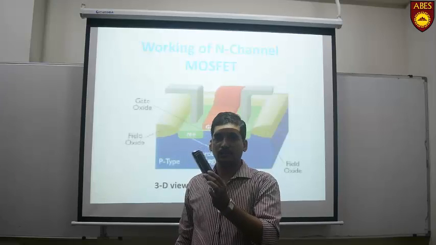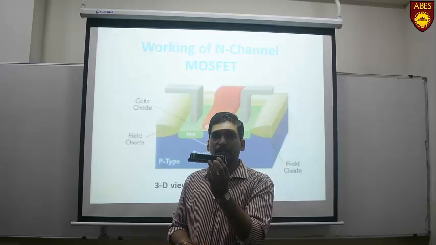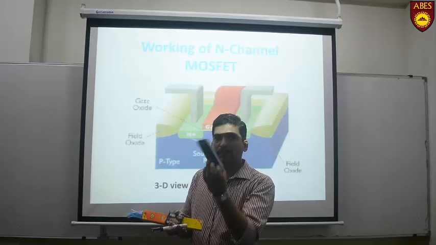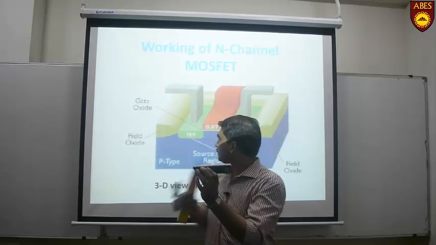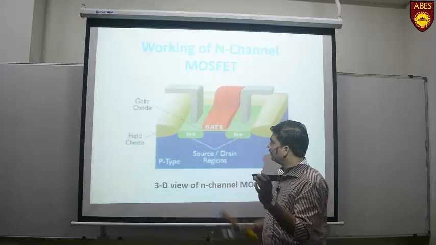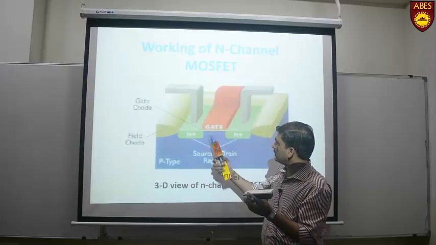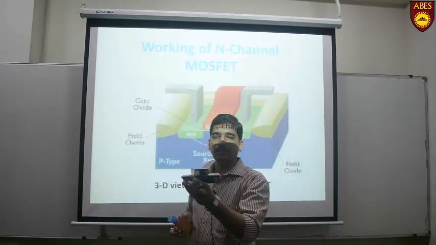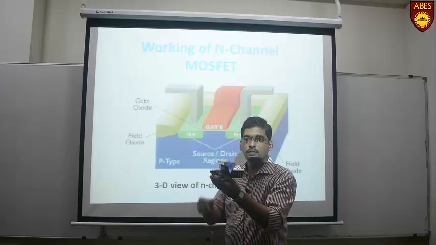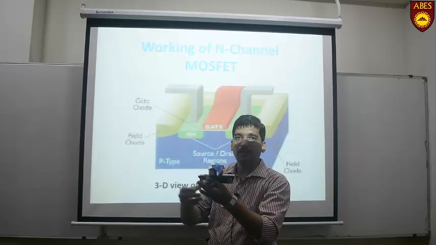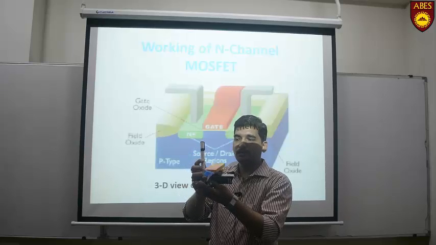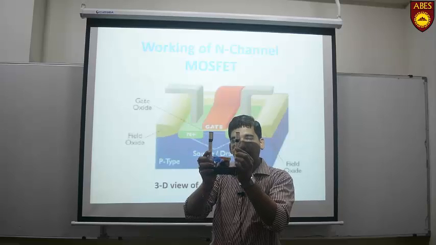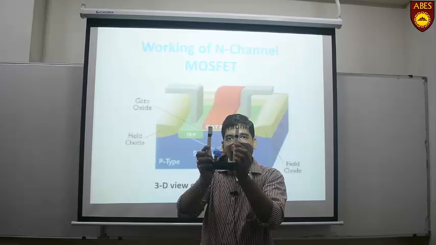Let's say I have this duster. This duster I am assuming as the P substrate which we have seen in the diagram. Onto this substrate, let's say this white line is the two diffused regions, and between the two diffused regions, as I said, there is one gate layer. So I put this thin oxide in between, and onto that there is the gate layer. Then we connect the gate terminal from here, and one terminal this side is the drain terminal, and another one is the source terminal. This is the internal structure of the MOSFET.